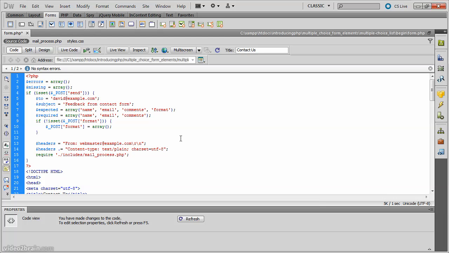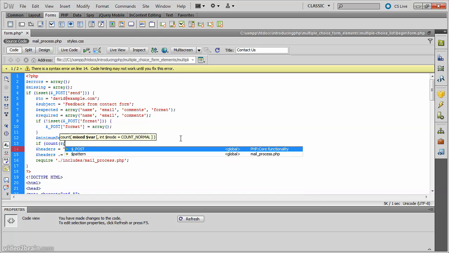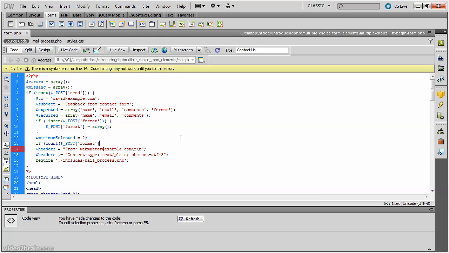So the minimum requirement, I'll make minimum selected equals 2, and then a conditional statement using the count function, which tells you the number of elements in an array. So if count post, and it's the format array we're looking at, if that's less than 2,